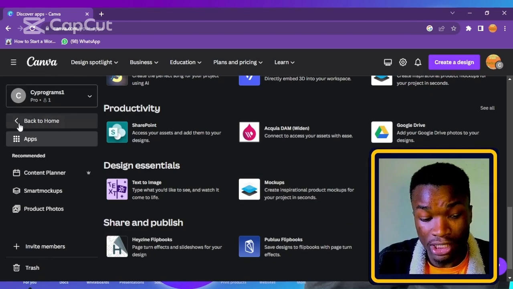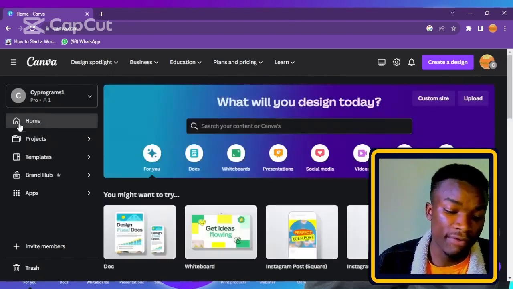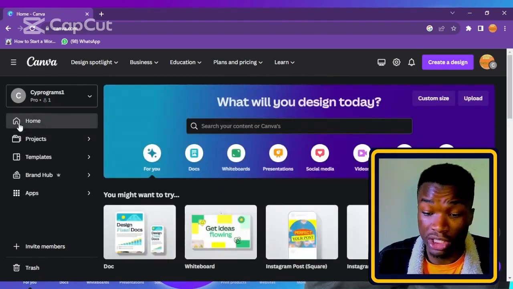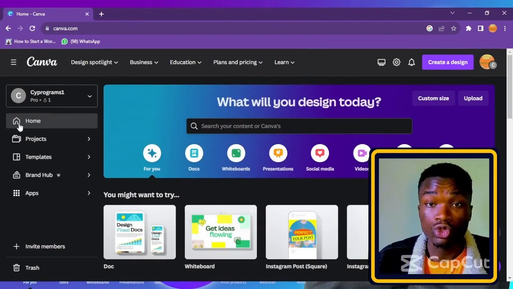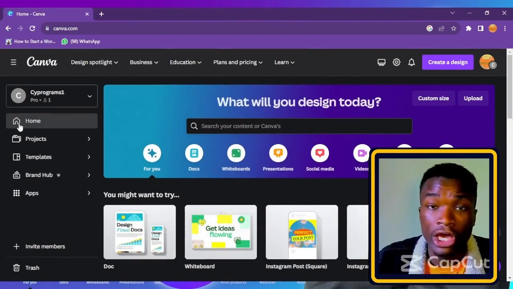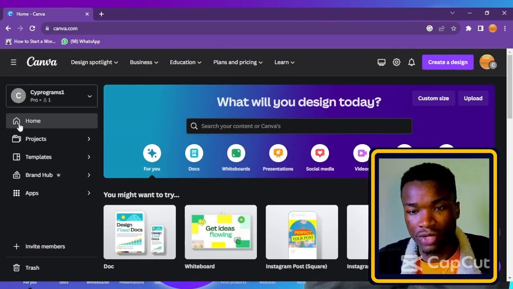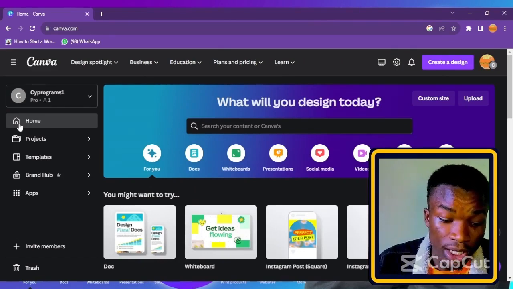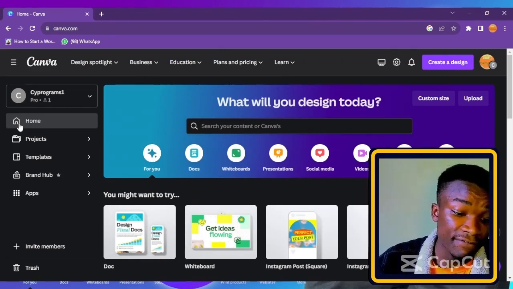So this member section here is available to me because I'm actually using Canva for Teams, and a lot of you are also going to be using Canva for Teams or the premium version, which you can actually upgrade to. Canva for Teams helps to actually invite new people into Canva. Like I have my student right now, and I want the person to benefit from my Canva premium version